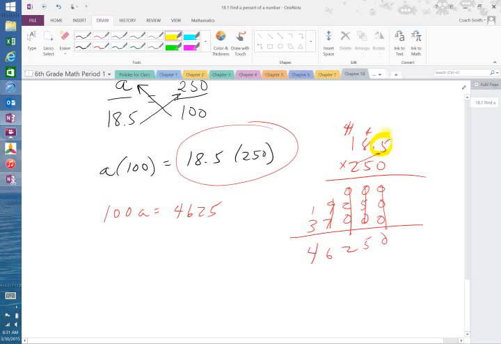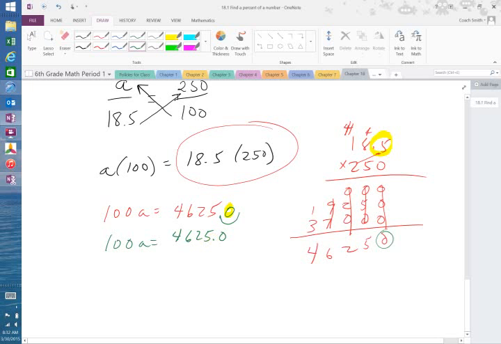Remember, when we're multiplying decimals, we have to see how many decimals are in the number that we're doing. Okay, and then we move it to the left. We're going to move it to the left or right, Noah? Our decimal right here. We're going to move it to the left or to the right? If we move it to the right, if we move it this way, it's going to add another 0. So is that what we do? Okay, there you go. Good. We move it to the left one spot. So there's the 0 right there. So we're going to move it one spot to the left. We have 100A is equal to